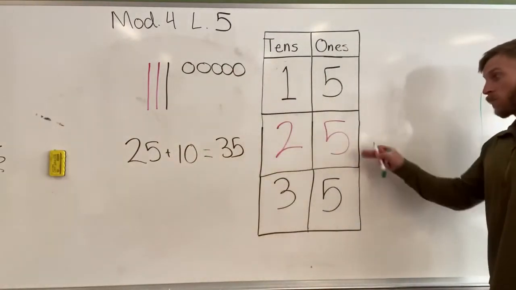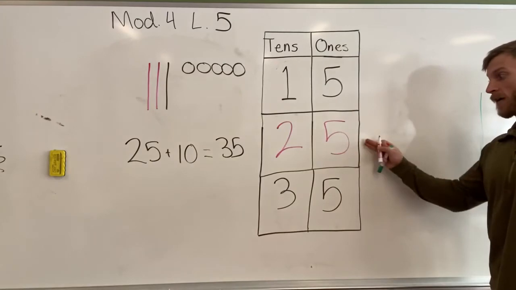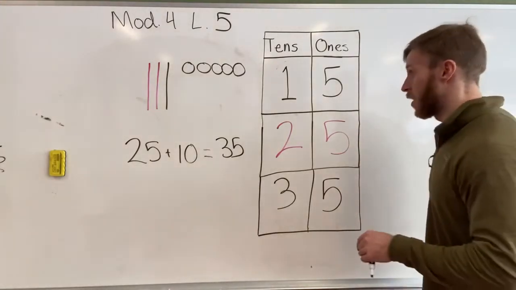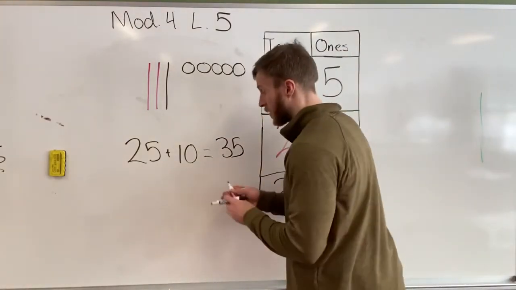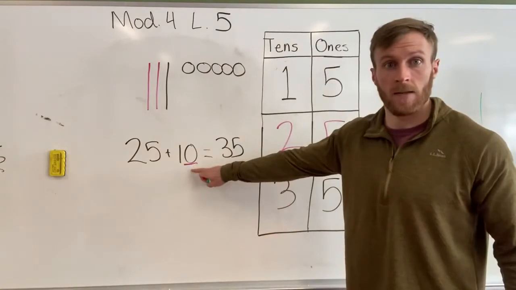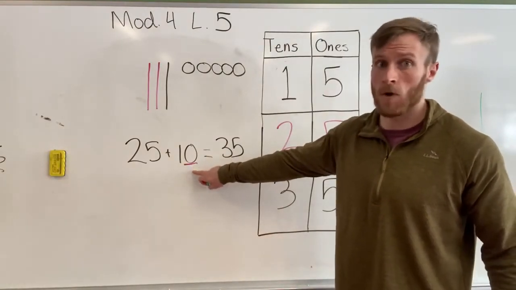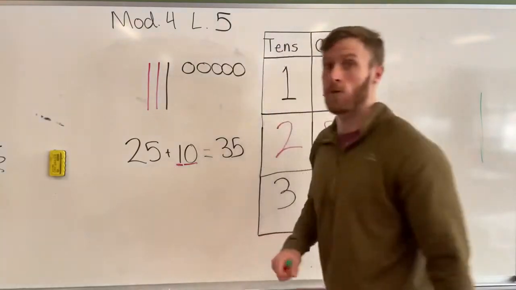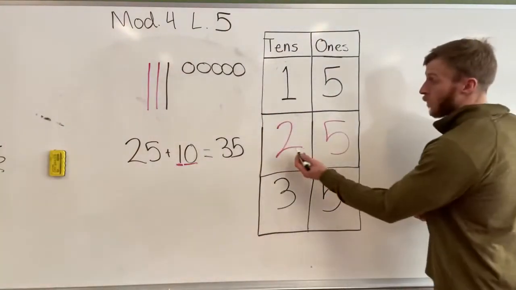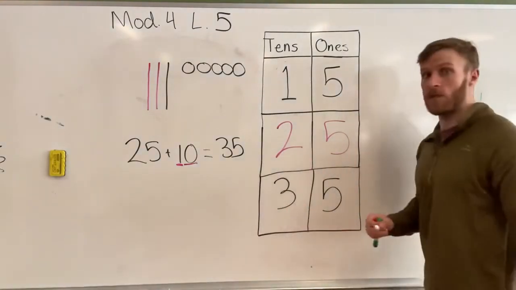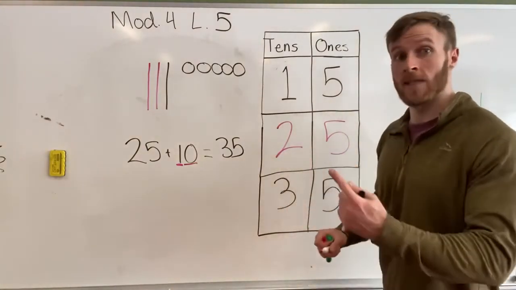Did the 1s place change between 25 and 35? It did not. Because when we were adding 10 to it, we weren't adding any extra 1s on it. The number 10 says there's 0 1s I wanted you to add. I wanted you to add 1 10, which is why there's a 1 in the 10s place. To go from 2 10s, adding 1, 2 plus 1 is 3, so 2 10s plus 1 10 is 3